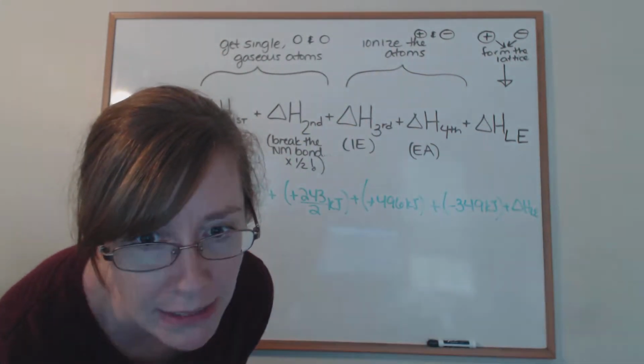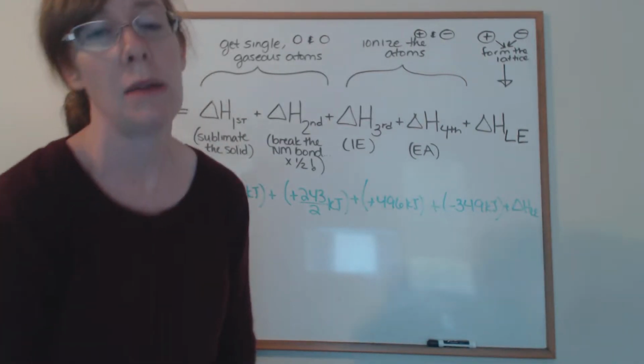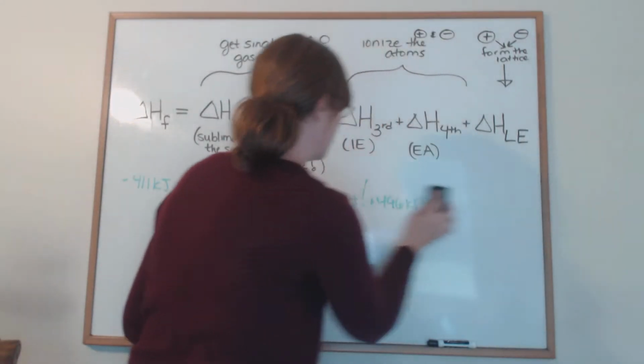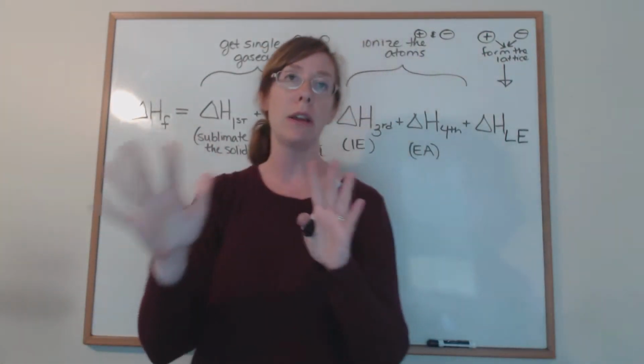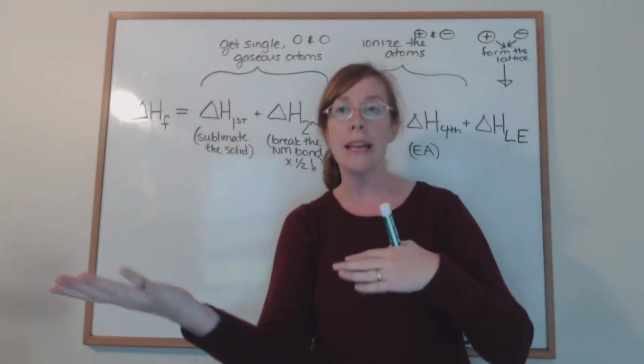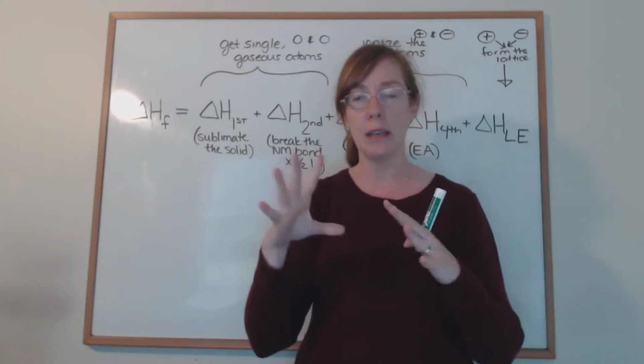I'm going to pull up that same question that we were talking about with all the numbers. All right, so let me erase this part here. So how I would handle any of these Born-Haber cycle questions, where you're relating lattice energy to delta H of formation and then all the different subsequent steps,